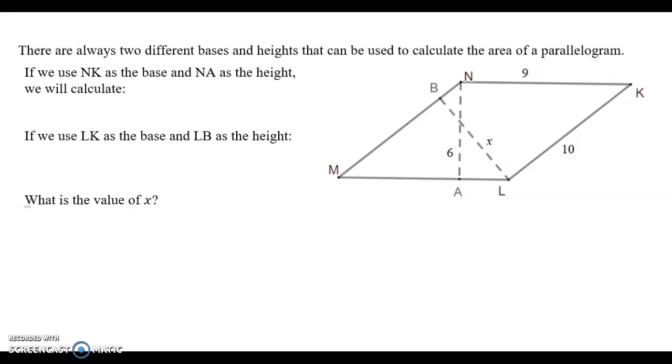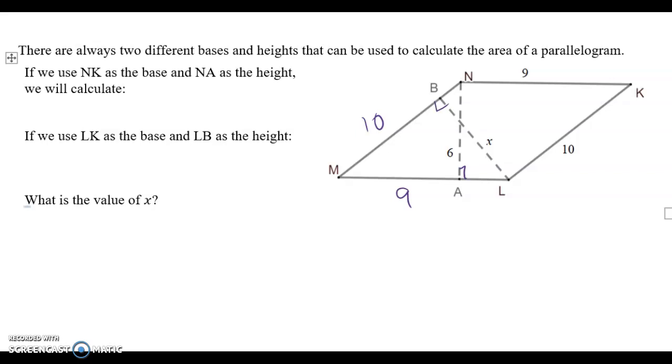We have a situation where we have parallelogram KLMN, and we have these perpendicular distances. We have this one here. That's one of our particular heights, and we have another one over there. So we have two different heights here, and these heights go with different bases. Okay, now I have shown that NK is 9, so that means that ML is 9 as well. Okay, LK is 10, so MN is also 10. We know that because we talked about that in class, where the opposite sides of a parallelogram are always congruent